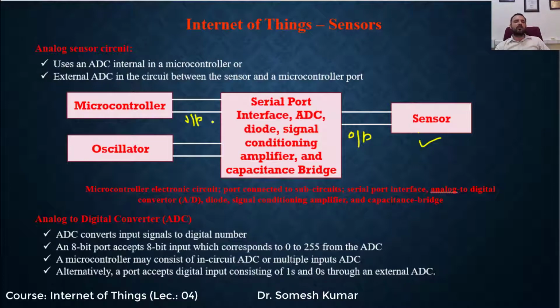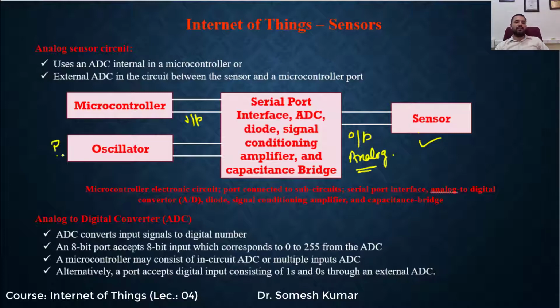Your microcontroller also has an inbuilt ADC, or it can use the output from an external analog to digital converter. In case of analog, this sensor is analog, so this output is analog. Your microcontroller can read only digital input. So that's why we first have to convert this analog output to digital output with the help of our ADC, the analog to digital converter. Here the oscillator is the device which provides a wave at a particular frequency, or it is used for clocking purposes.